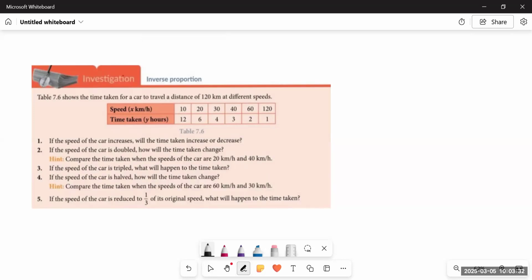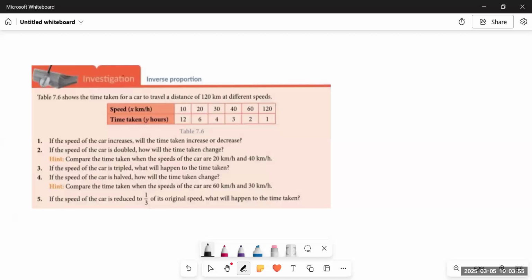This is Think New Syllabus Mathematics, Book 2, and today we are going to do something related to inverse proportion. In the previous video, we talked about direct proportion, the relation between two quantities that are in direct proportion. Now we are going to talk about the reverse of it, that is inverse proportion. What is it? Let us try to understand it with the use of an example given in your book on